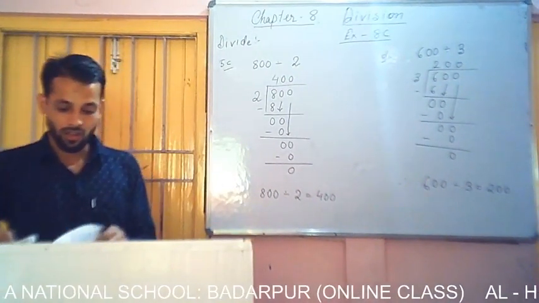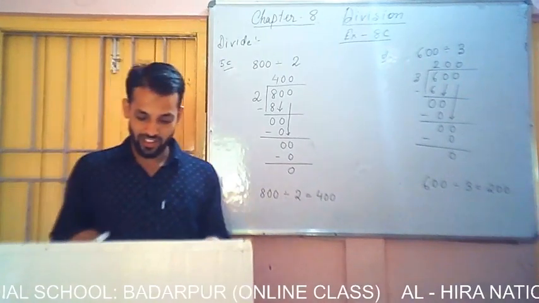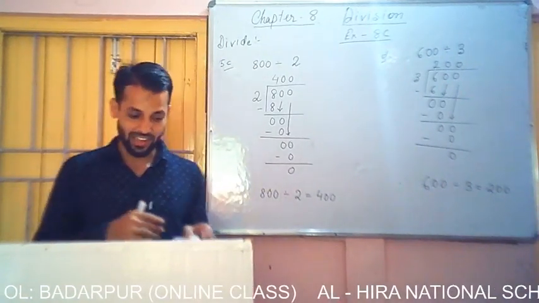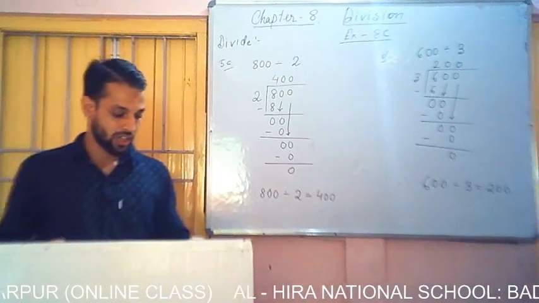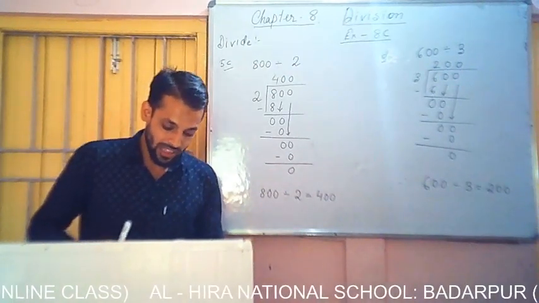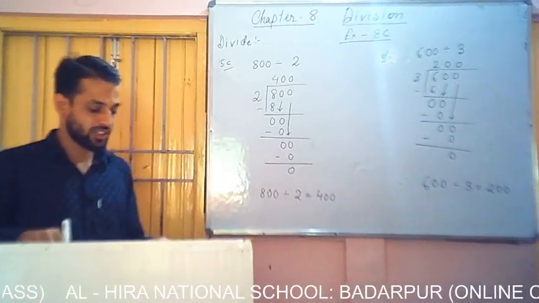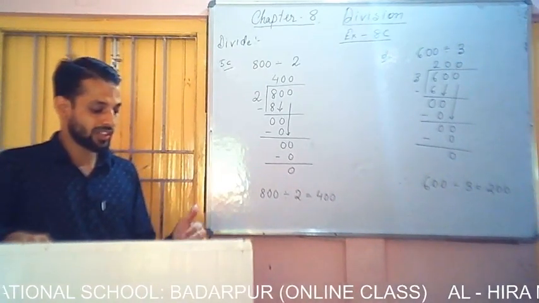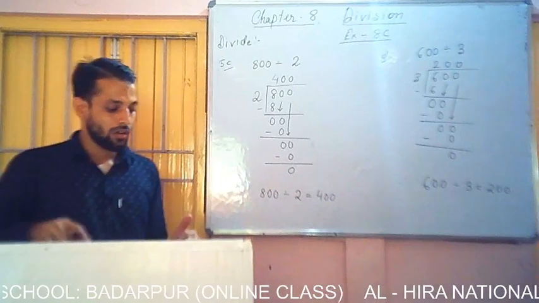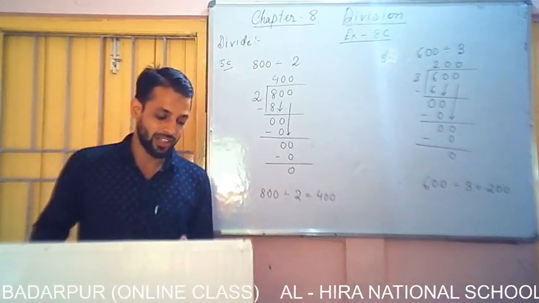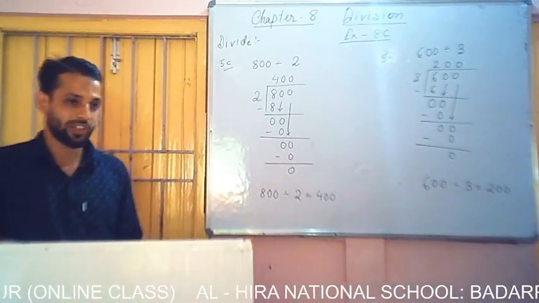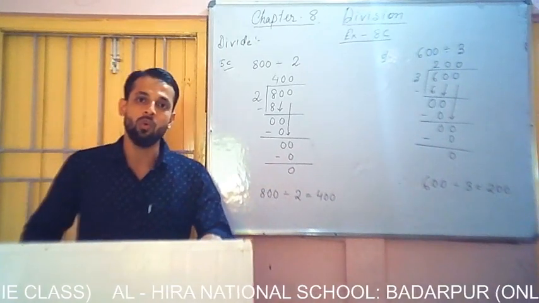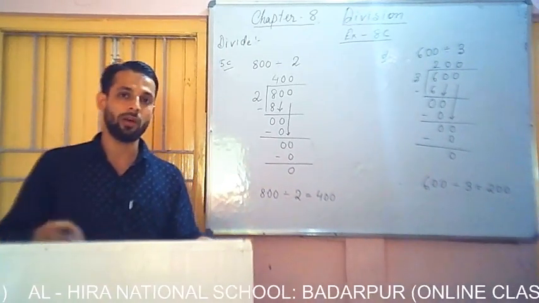Okay. So in our next class we shall finish exercise 8D and exercise 8E. So in this chapter number 8D, you will find from question number 6 onwards, 6, 7, 8 and 9. On the left side it has been written that more sums for practice. So these are the questions which you have to do from your side.